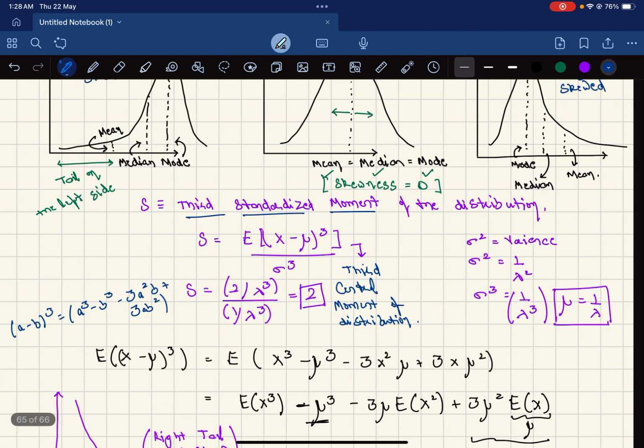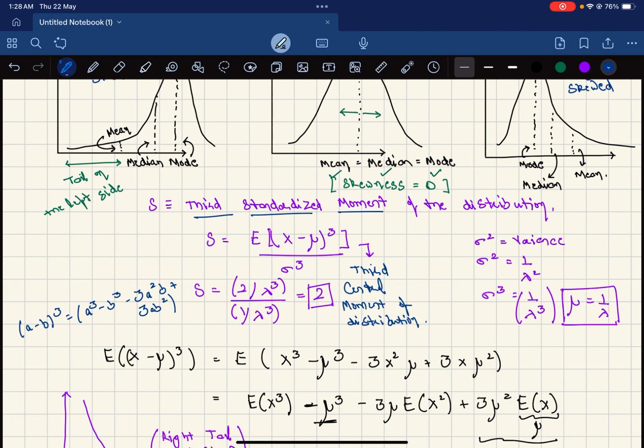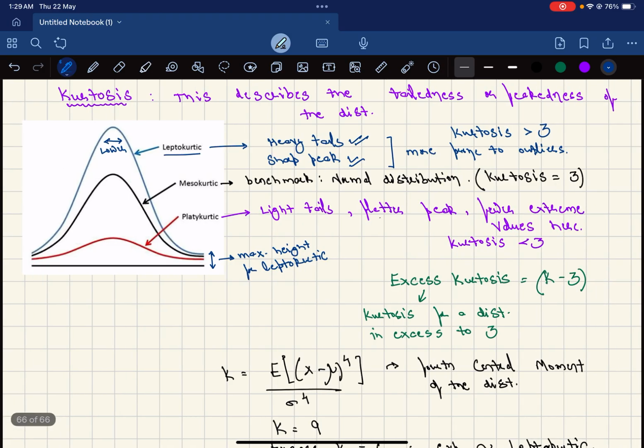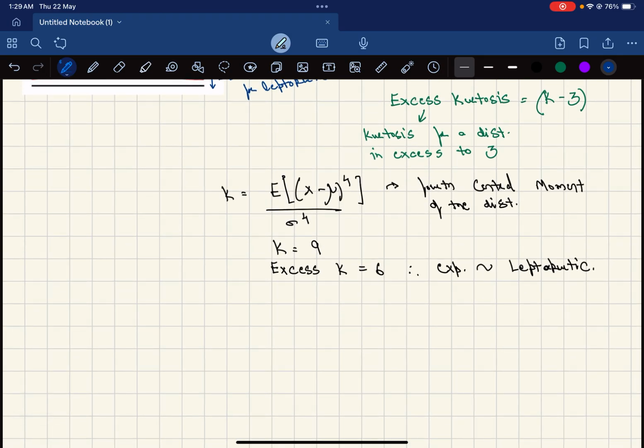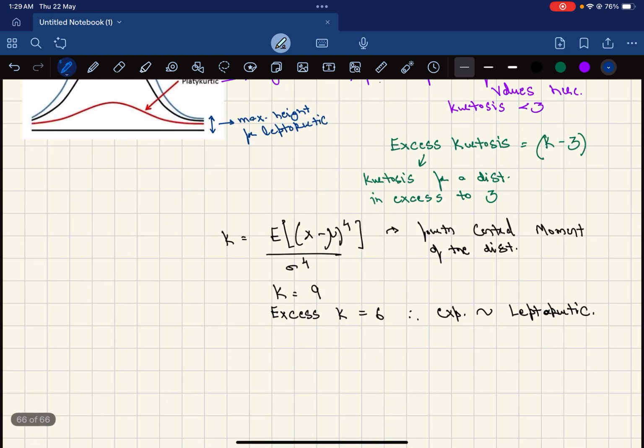But just to have a sense of it, whenever we have a standardized value, we just subtract the mean and divide by the standard deviation of that distribution, which is also called normalizing the values. In this case, since we are calculating a moment, that is the expected value, it is called the third standardized moment of the distribution. The third represents the power of the difference in the expected value which we are calculating here. Similarly, kurtosis is calculated as the fourth central moment, the fourth standardized moment of the distribution, since we are dividing the whole thing by the fourth power of the standard deviation of the distribution.